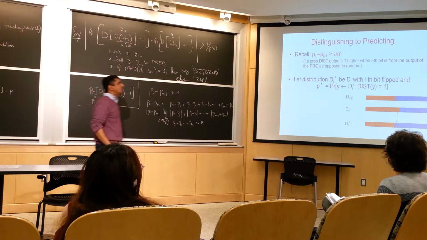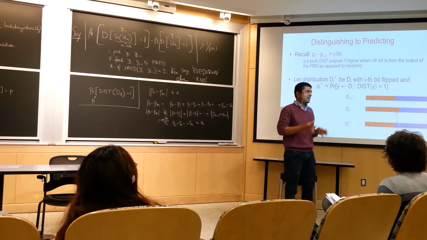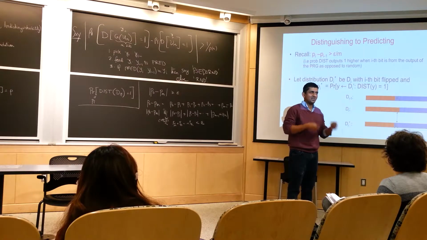Okay, so now how do I design the next bit predictor? At this point it's pretty easy. There are a small finite number of possibilities. You juggle through it, you get